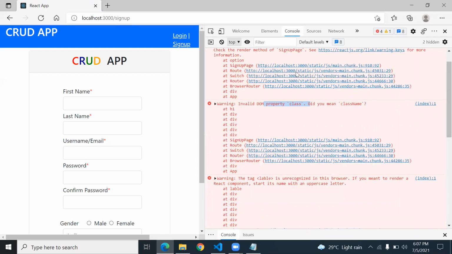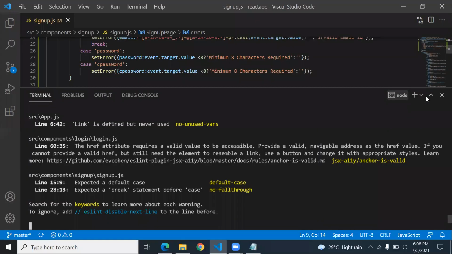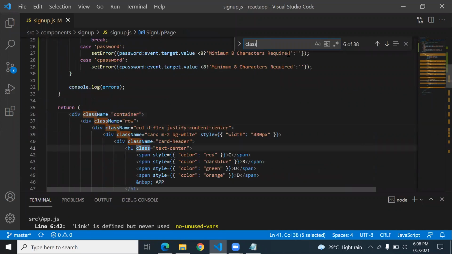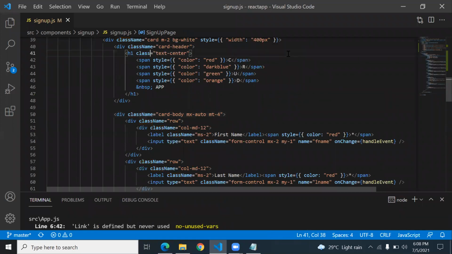Class, somewhere class is wrong. So where is the class keyword? Class. Okay, so this one I type as className.